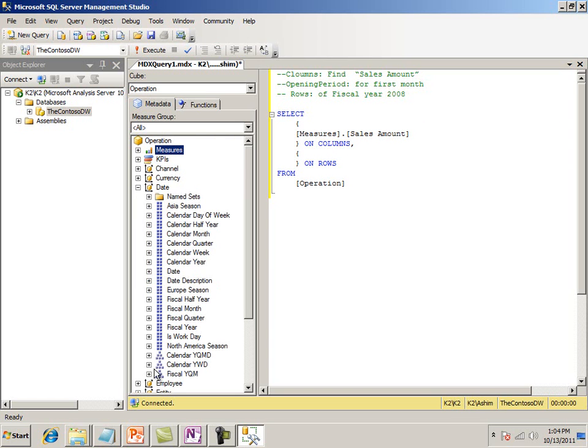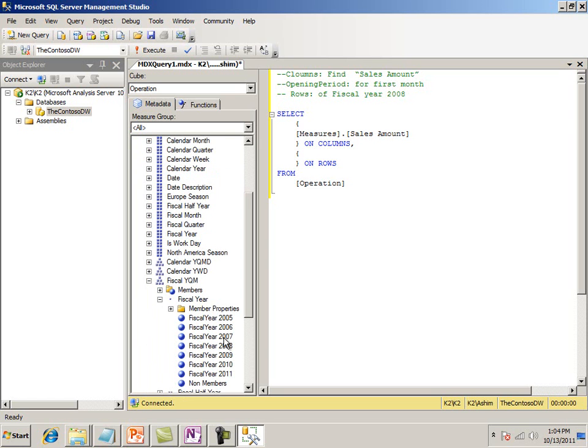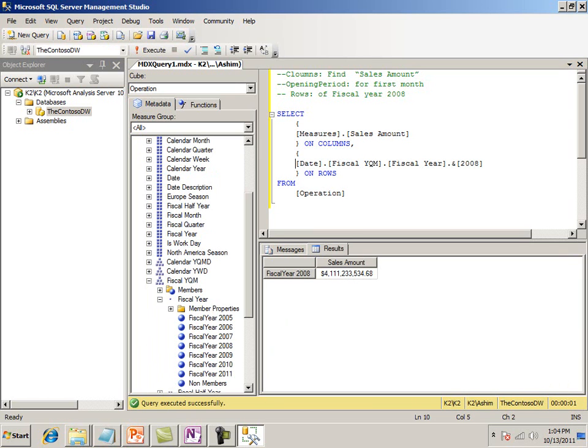Date, fiscal year 2008. So first we find the sales amount for fiscal year 2008, F5. That gives us this number. Now we want to do